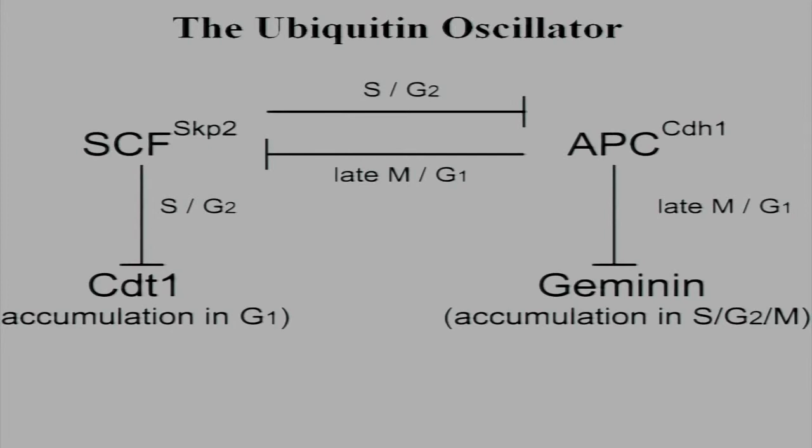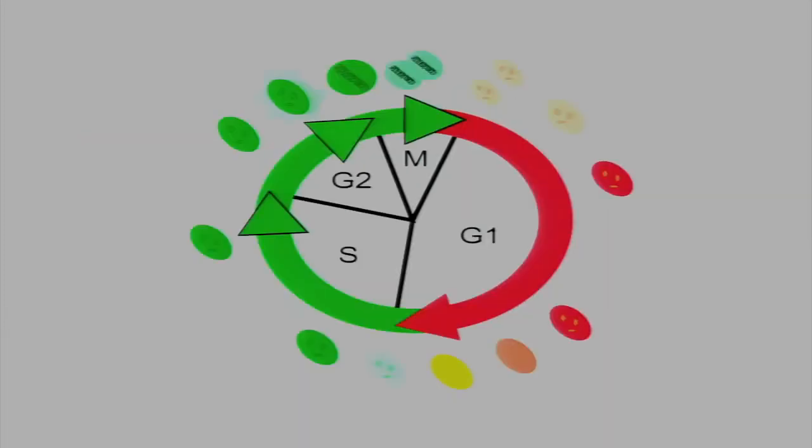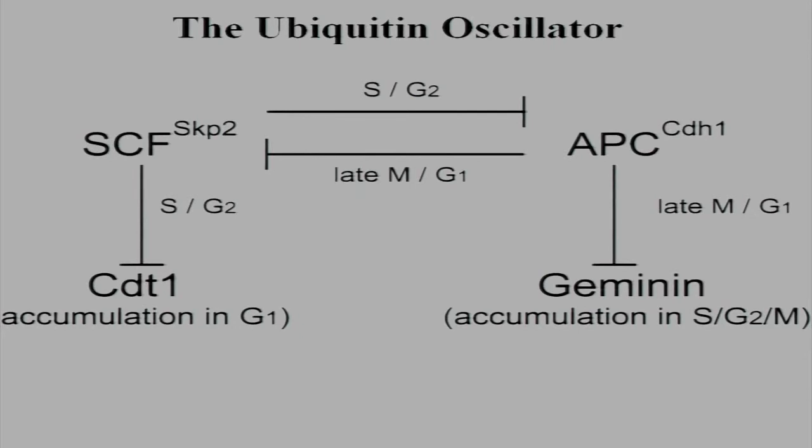To make an indicator, we used the ubiquitin oscillator, that is, cell cycle dependent proteolysis or cell cycle dependent ubiquitination. The basic function of ubiquitin, the degradation pathways, were well studied in the 1980s, and the Nobel Prize for that was awarded in 2004, I remember. And we used Cdt1 and geminin. Protein levels of these two proteins oscillate reciprocally during the cell cycle,